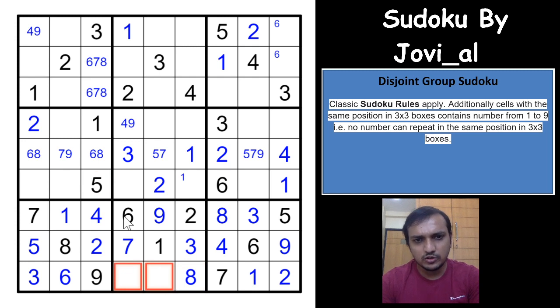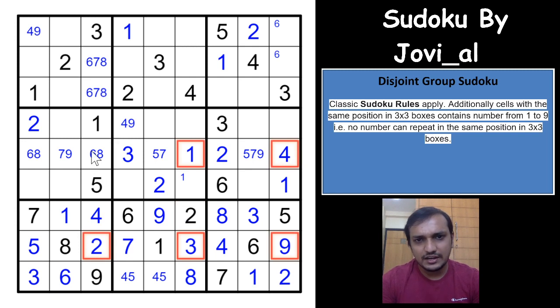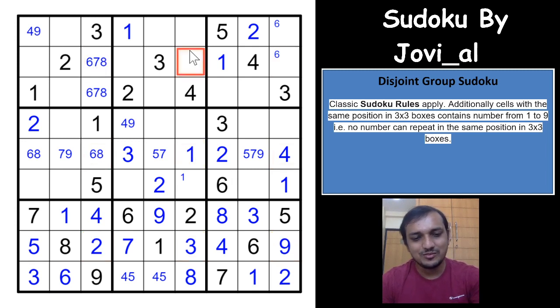And these two cells are 4 and 5. Okay, still possible because there is no possible placement of 4 and 5 in any of these cells. So 4 and 5. That's nice. That's a really good Sudoku, guys. So 2, 3, 9, 4, 1, 3, 6, 7, 8, right? No, 5, 6, 7, 8. 6, 8, 6, 7, 8. 5 cannot be here. So this cell would have to be 5. Wow. And this cell would have to be again 6, 7, 8.